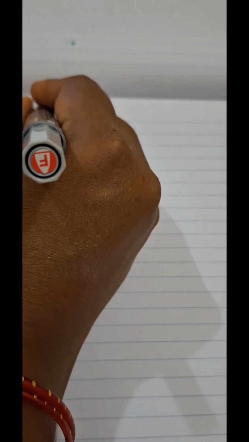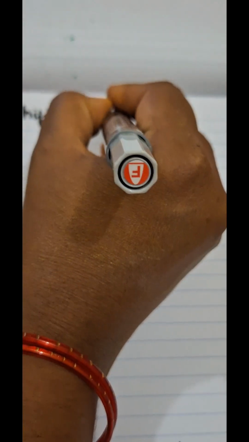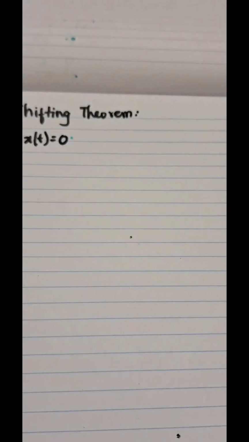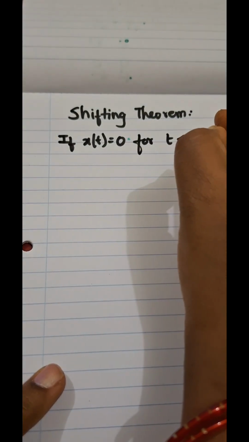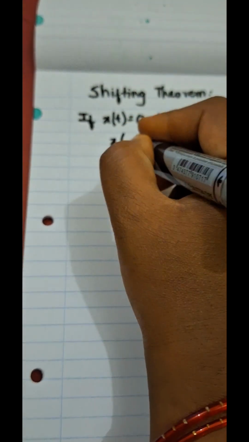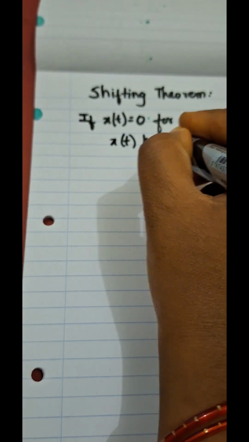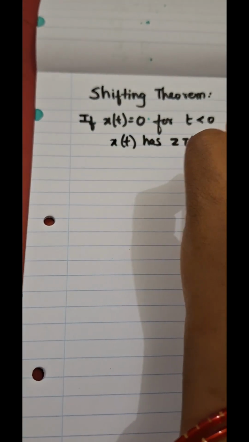Shifting theorem. Actually, the shifting theorem is given by a statement. This theorem states that if x of t is equal to 0 for t less than 0, and x of t has z transform X of z, then